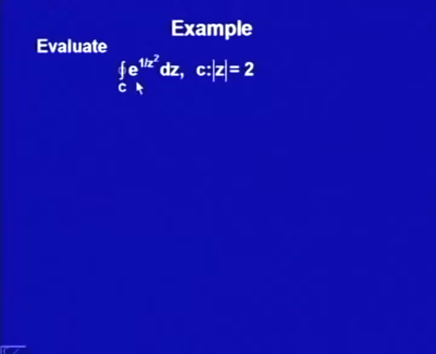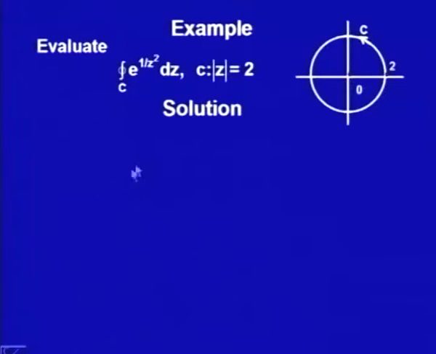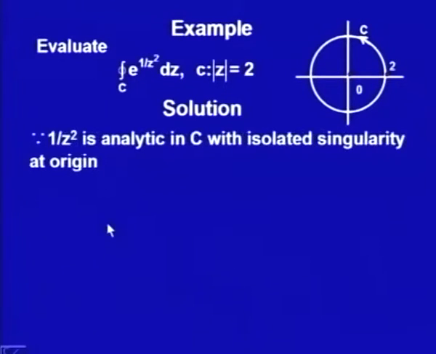Evaluate the integral along the contour C of e to the power 1 upon z square dz. Again the contour is that circle with radius 2 and center 0. Let us see this function e to the power 1 upon z square. Now 1 upon z square is analytic in C except for an isolated singularity at the origin. So e to the power 1 upon z square will also be analytic except at the origin, and that origin would be an isolated singularity. So again I would use my result of the residue,